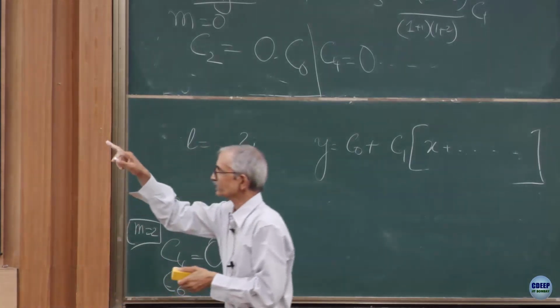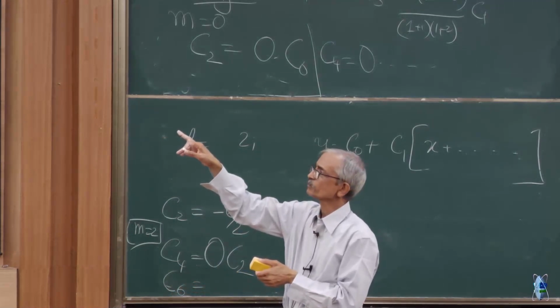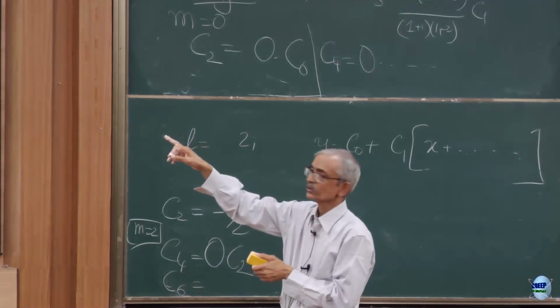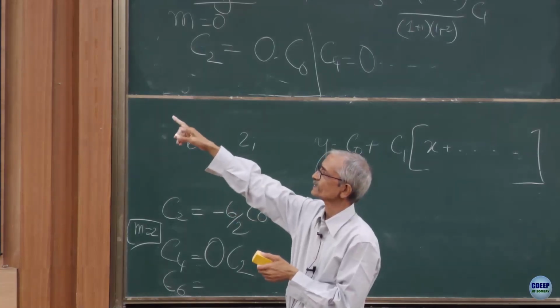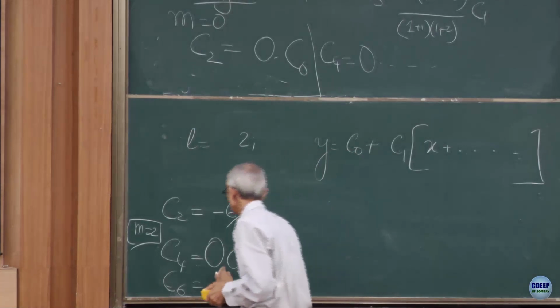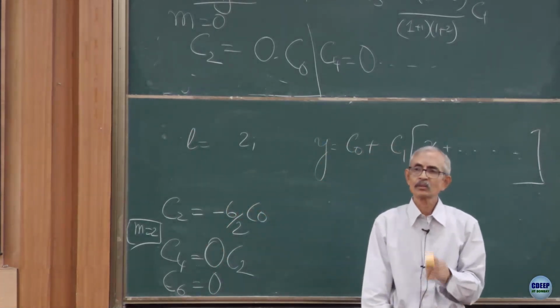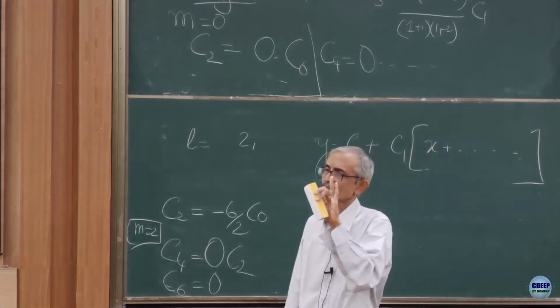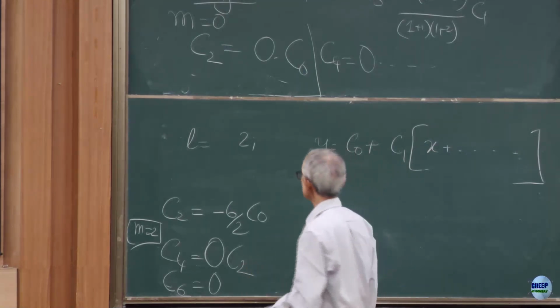and what can we therefore say about C6? C6 is equal to, M is equal to 4, correct? So 4 plus 2 is 6, and then on the right there is a C4, so C6 is equal to 0, and all these other even terms are going to go to 0. Only 2 even terms have survived. Which are the 2 even terms which have survived? C0 and